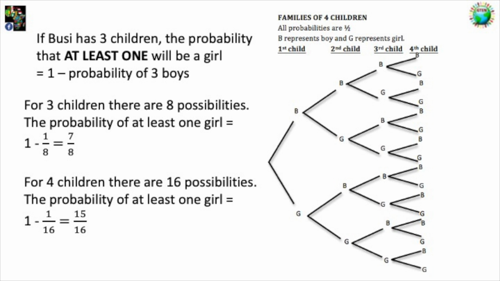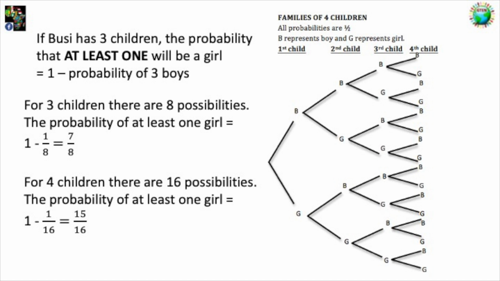So here are our answers, okay, for the 4-child family. And you see the tree diagram drawn again there, and you see now the probabilities on each end of each branch is a half times a half times a half times a half, which is a 16th, and only in one of those cases are there 4 boys. So the probability of 4 boys is 1/16, and the probability of at least one girl is 1 minus 1/16,